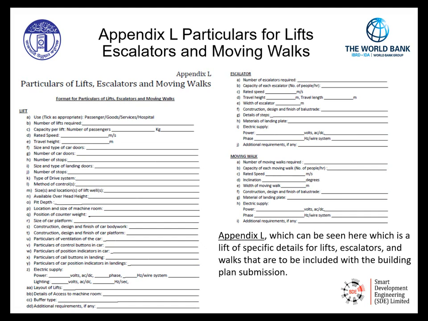The lift category indicates several items that must be indicated, such as number of lifts required, rated speed, travel height, just to name a few, including the type of drive system indicated in item K. The pit depth is important as well. That needs to be indicated in item O, as well as particulars of ventilation of the car in item U,